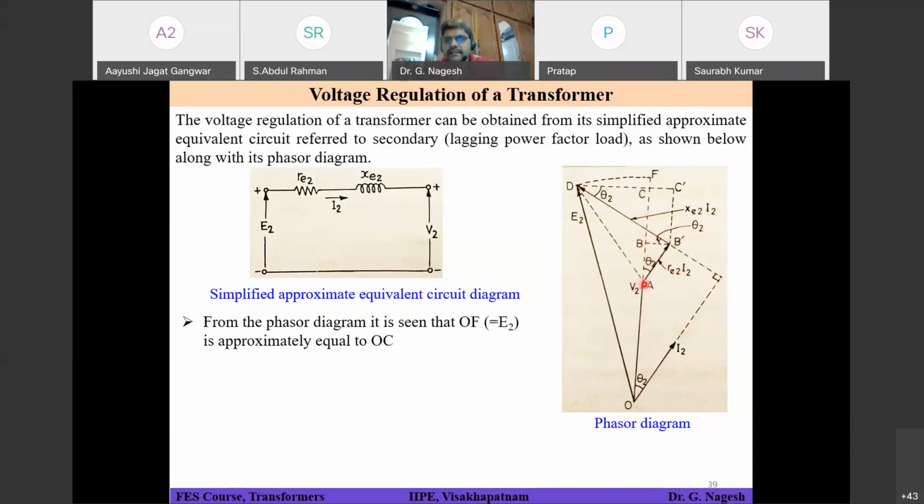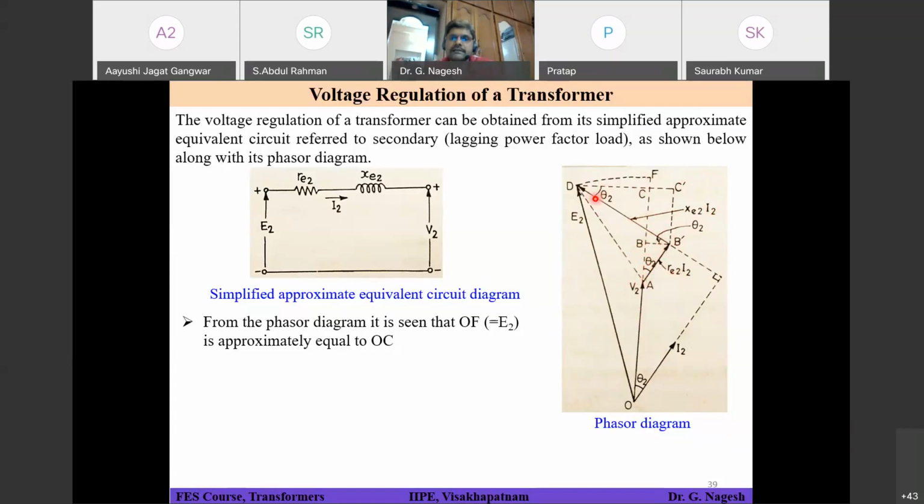So this is your right angle triangle and you know the angle theta 2. So simply apply the cos function, then you will get I2 RE2 into cos of theta 2. That is nothing but AB. Again, this is theta 2, right? Because these two are parallel lines, so you can calculate, it will become again theta 2.